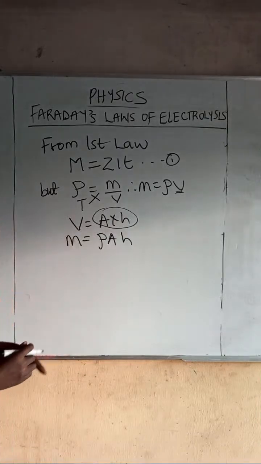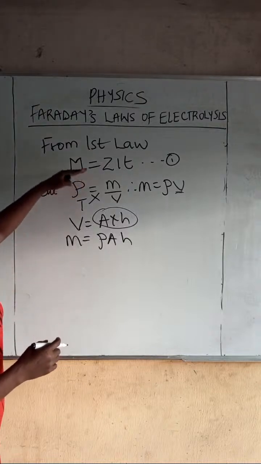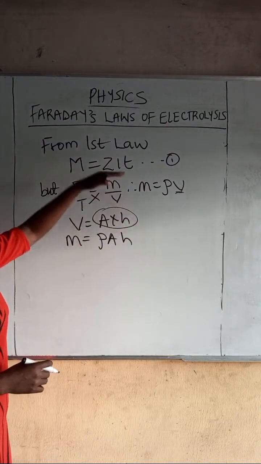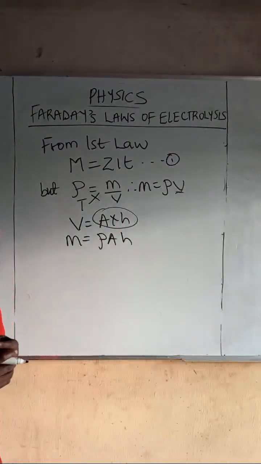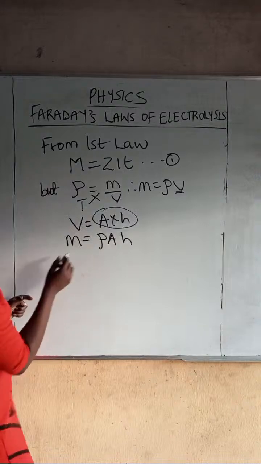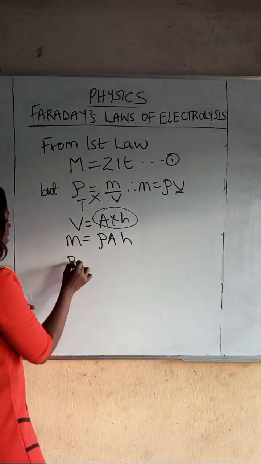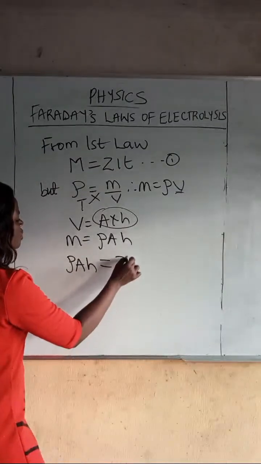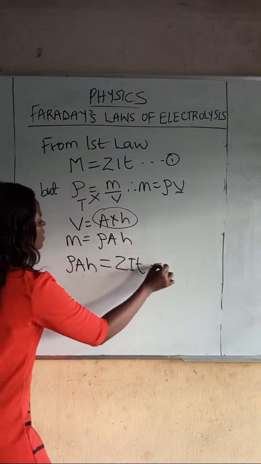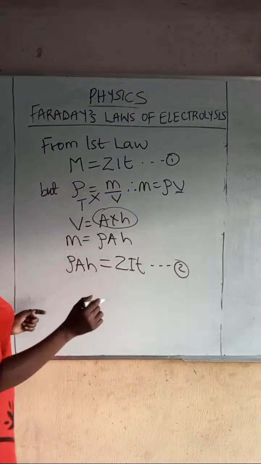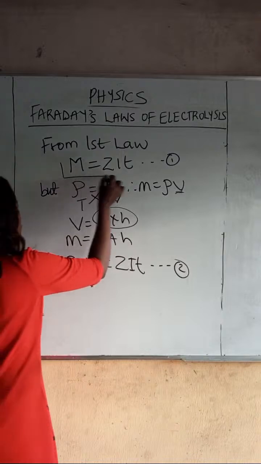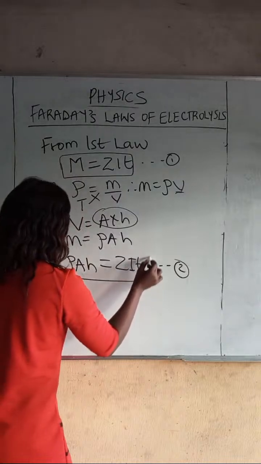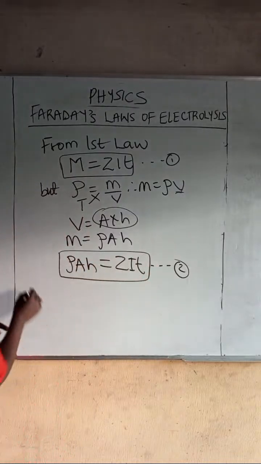Do we understand? So the essence is to generate another formula for this mass and replace it with this to get another formula from solving Faraday's first law. So I have density times area times height is equal to ZIT. That is equation 2. Now we can use this equation to solve problems on Faraday's first law of electrolysis,